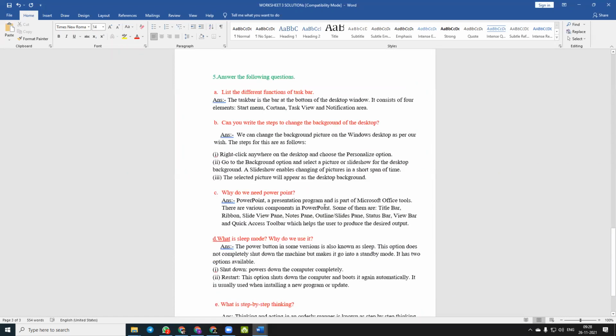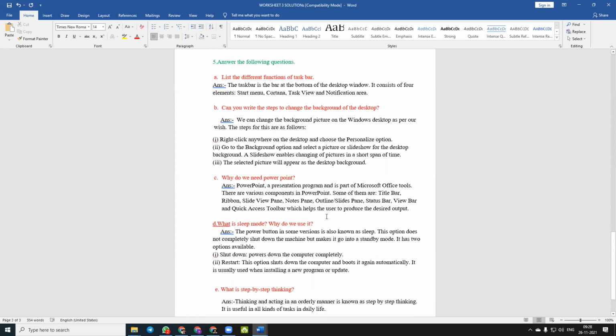Now question number 5, students, answer the following questions. List different functions of taskbar. The taskbar is the bar at the bottom of the desktop window. It consists of 4 elements: start menu, Cortana, task view, and notification.